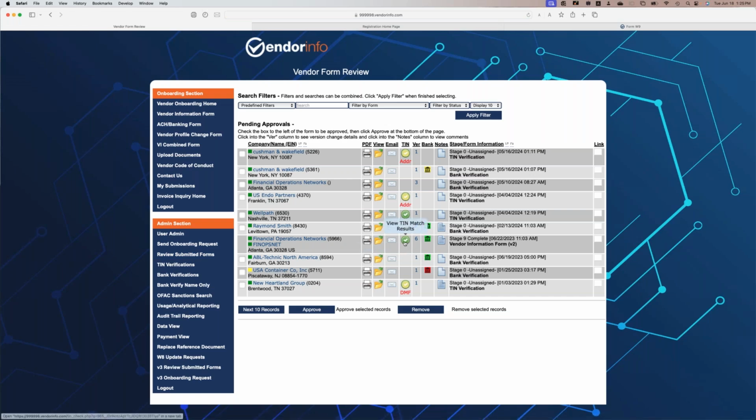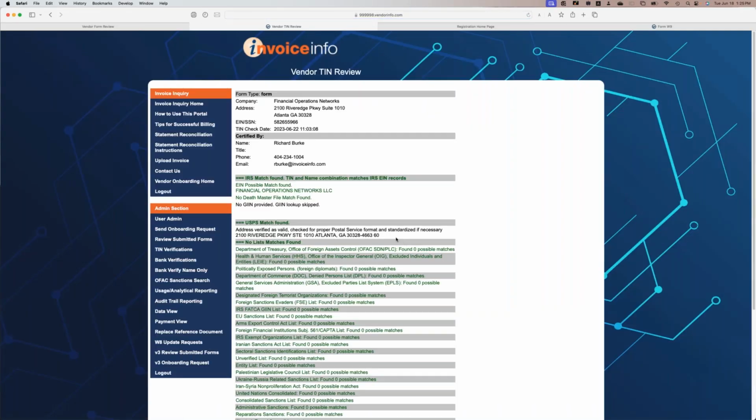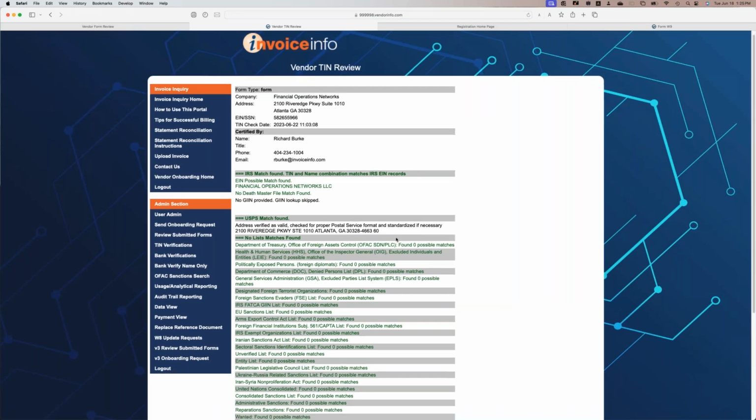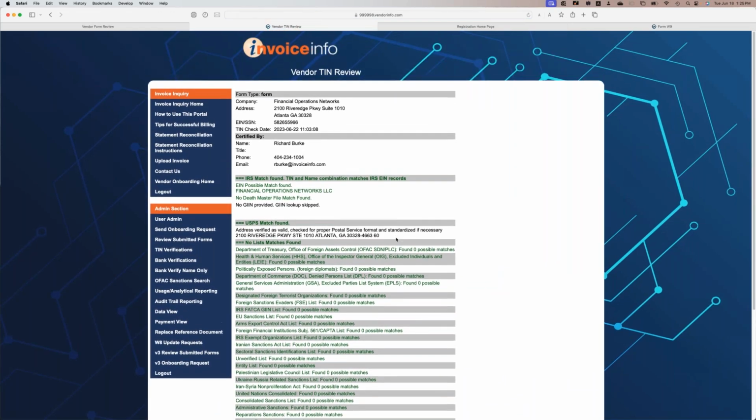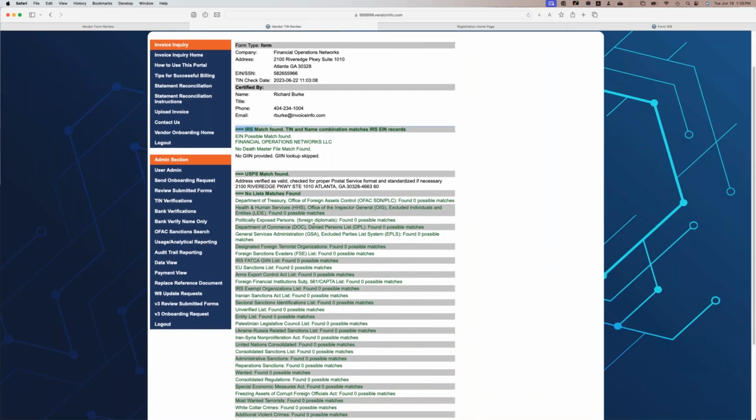This is us again, and you can see all the verifications that have been performed. There's a TIN verification. There's a verification for sanctions lists such as OFAC, the UK, EU, UN. Street address is verified.